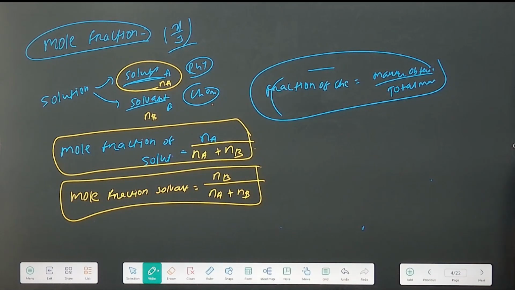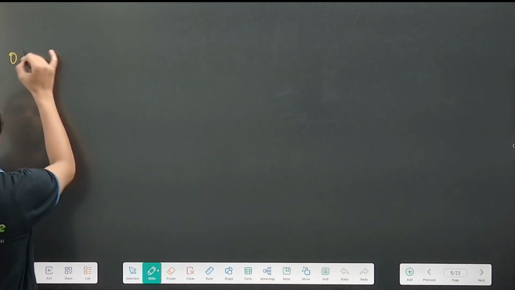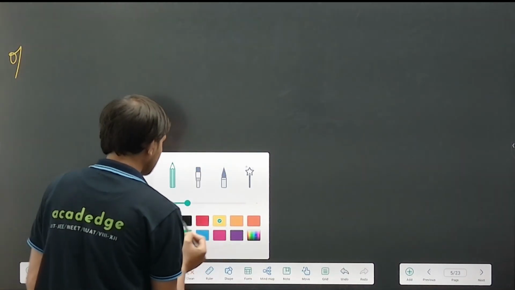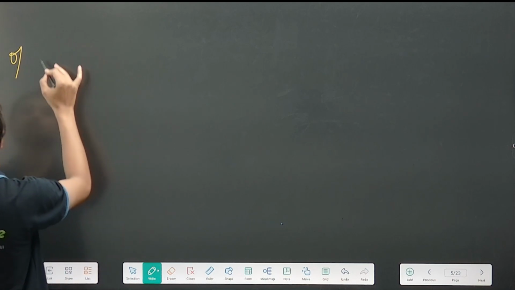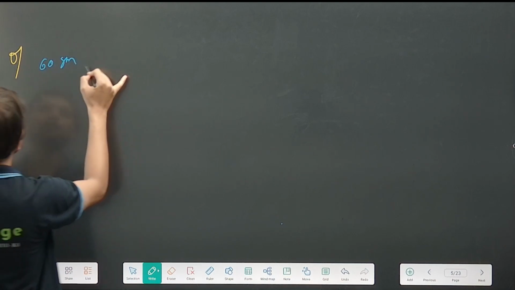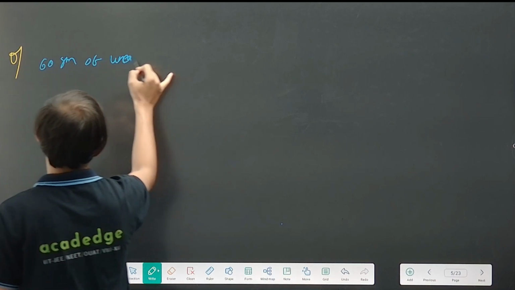If anybody wants to take a screenshot, you can take the snapshot, then we will move to the next. Okay, let's do a problem on it, how to find the mole fraction of solute and mole fraction of solvent. Let's take an example. Let's suppose a question is given to you like: 60 gram of urea mixed with